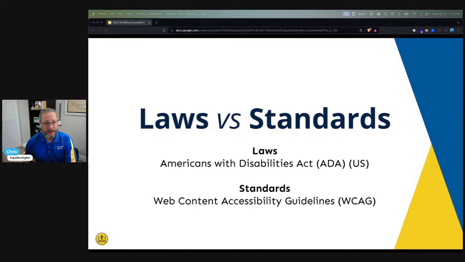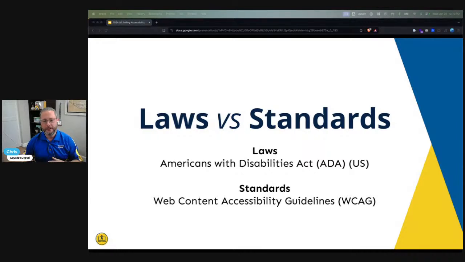All of these laws, or many of them, can be ambiguous. So, just really broad in terms of what they require for accessibility. They might just say everybody needs equal access and leave it up to the interpretation of lawyers and courts and whoever else for what that actually means. Other laws are very clear. So, they might reference specific standards to follow, which brings us to standards.